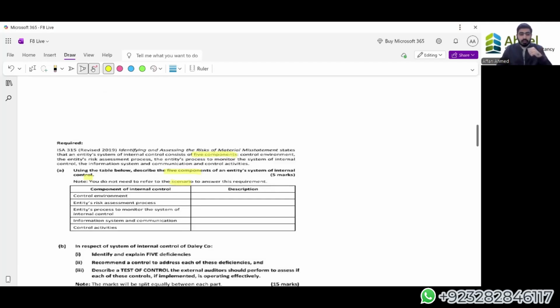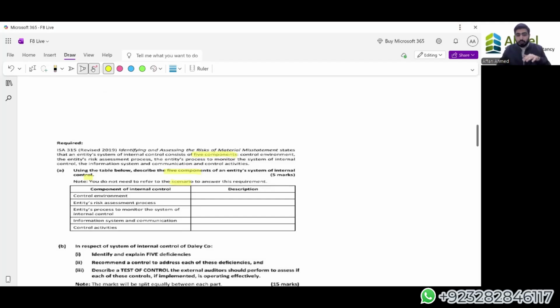From the perspective of the auditor, I am the auditor, I will go and see whether the management is very keen towards the internal control systems. They are very keen towards risk assessment. If they're not vigilant about the first step, that is risk identification, I will have an idea that yes, they are not very careful about it. They are not very prone towards it. They're not very vigilant about it. So the control systems are going to be weaker.